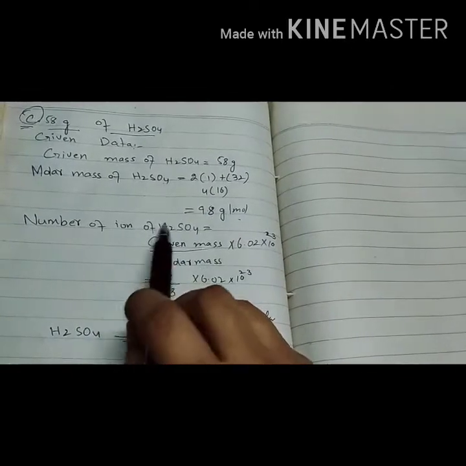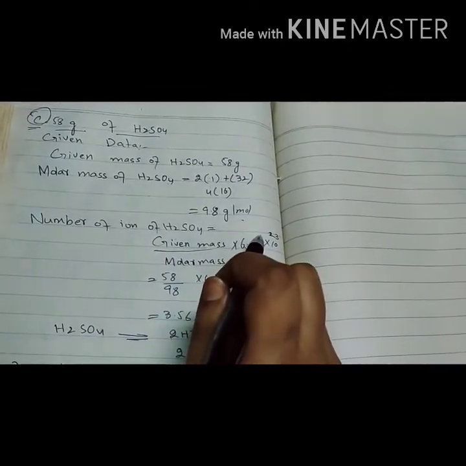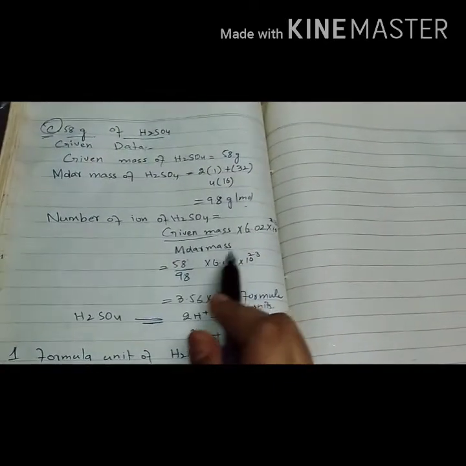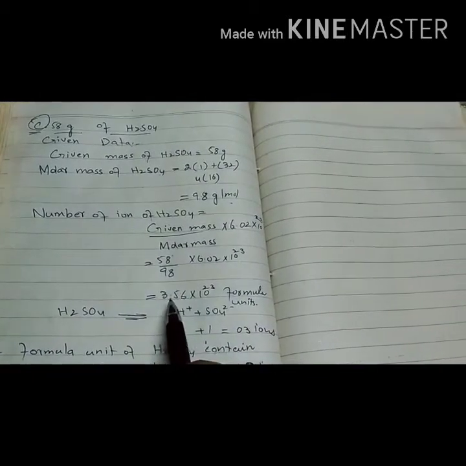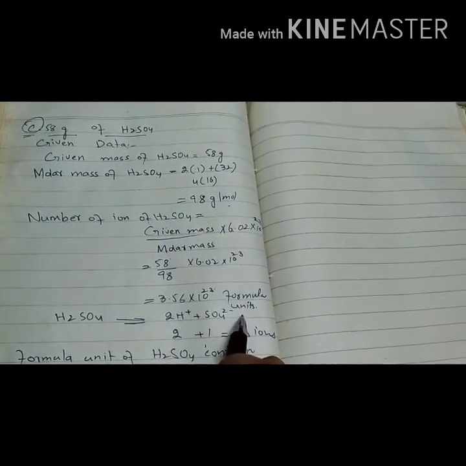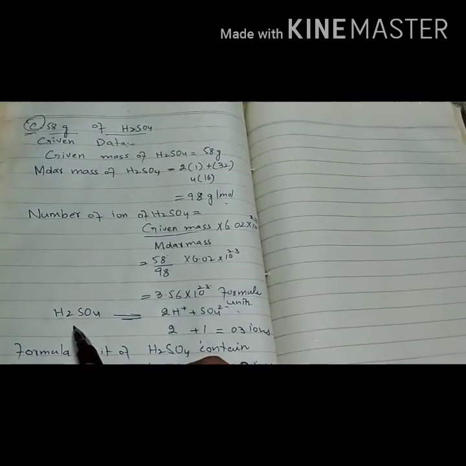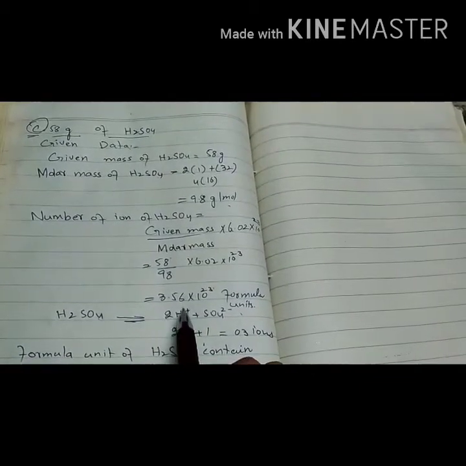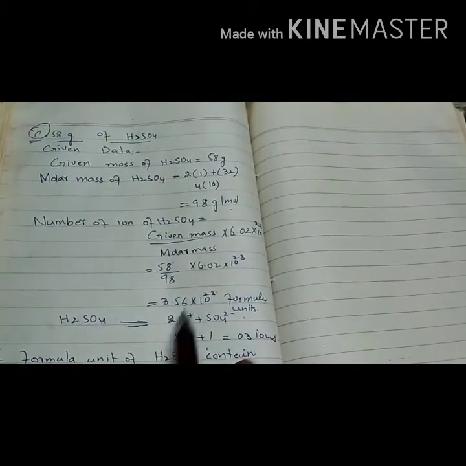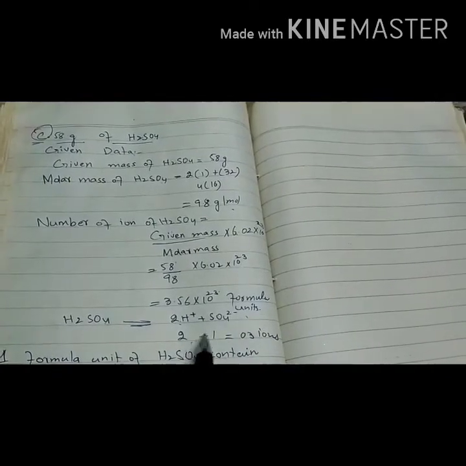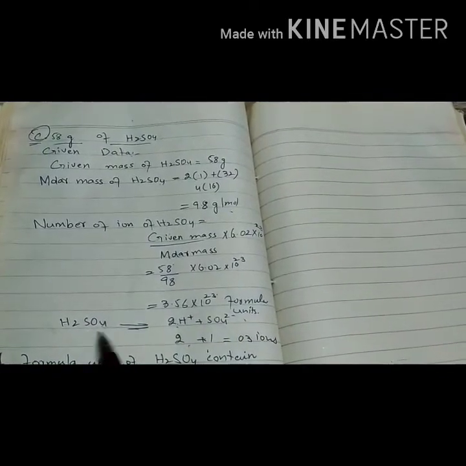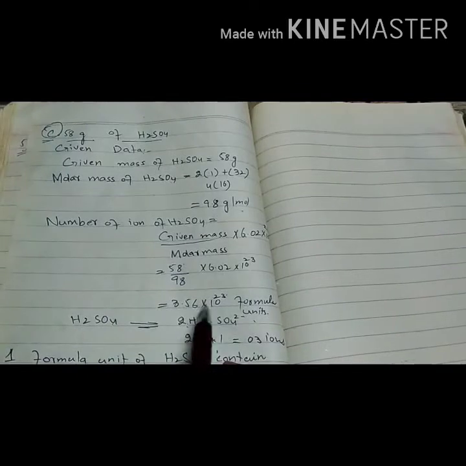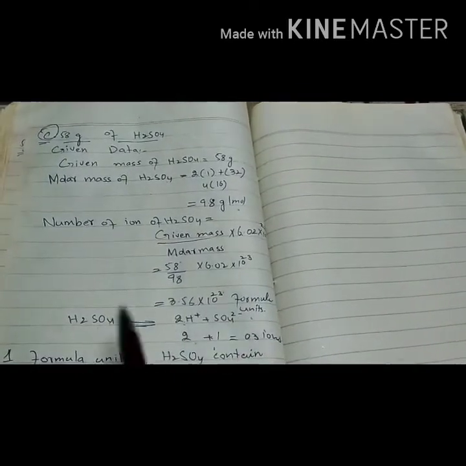Number of ions of sulfuric acid given mass over molar mass multiply 6.0 to 10 raised 23 has the same formula, and we will again divide the given mass by molar mass and multiply with Avogadro's number, which will be equal to 3.56 10 raised 23 formula units. And again we calculate the number of ions by dissolving the sulfuric acid and by breaking the sulfuric acid into ions, and it will be two hydrogen. It consists of two hydrogen ion and one sulfate ion, and total number of ion which form sulfuric acid are 3. So number of ions in 3.56 10 raised 23 formula units can be calculated by